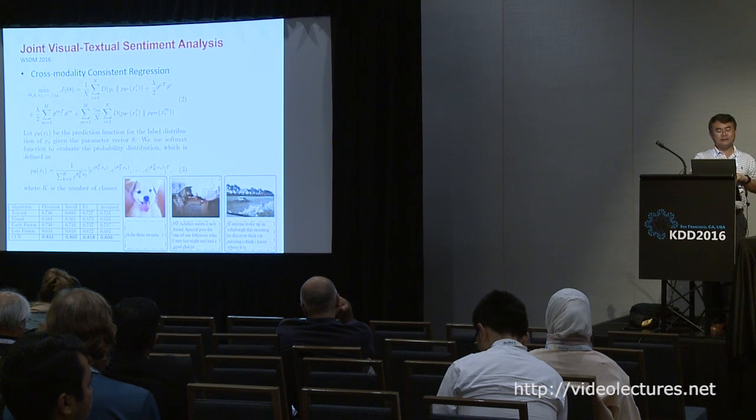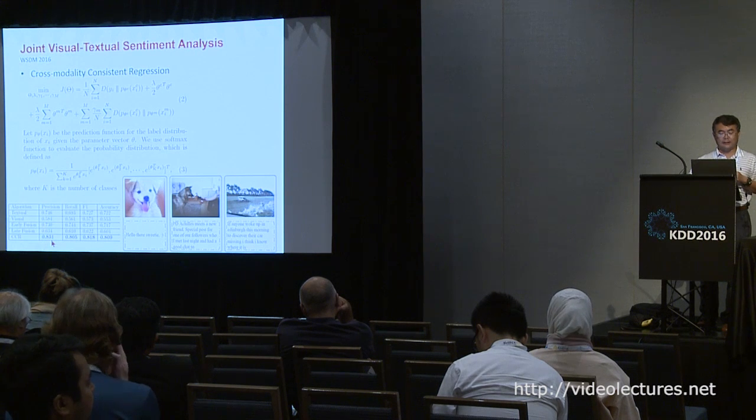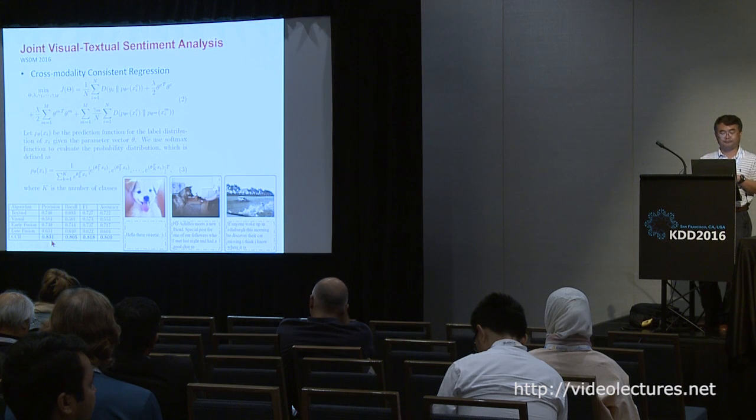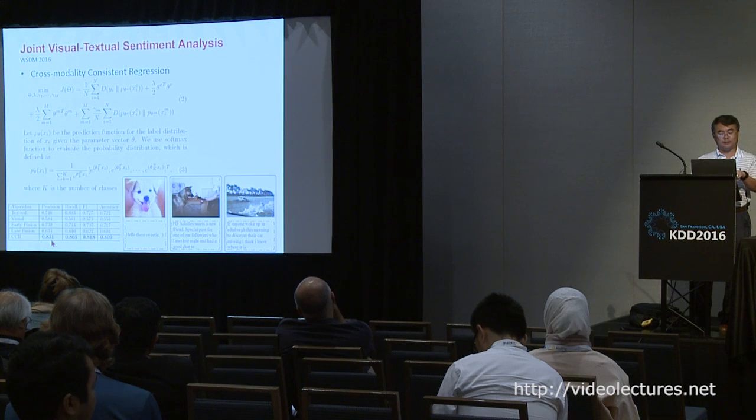So basically, in this formulation, you can see these D's are actually like KL divergence kind of thing. And then these are regularization terms to make sure we don't overfit due to so many parameters. So in the end, we were able to report that using this formulation, we could do better than all the baselines. I don't have the CCA in there, but CCA is better than early fusion and late fusion, but worse